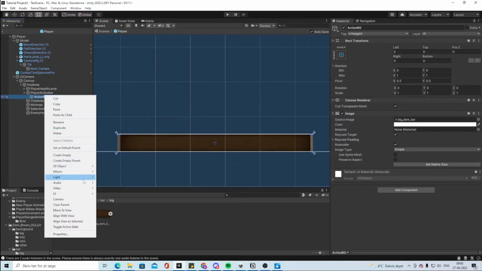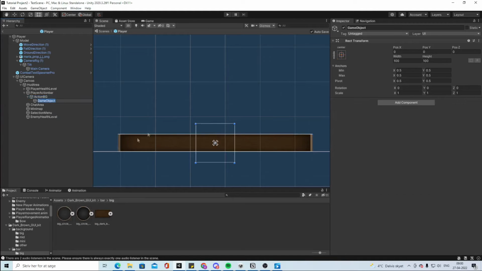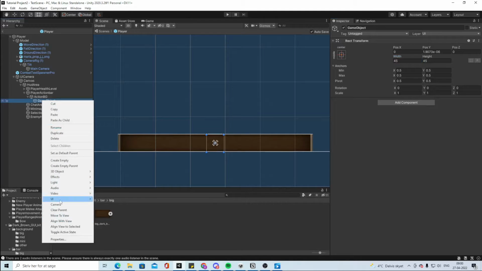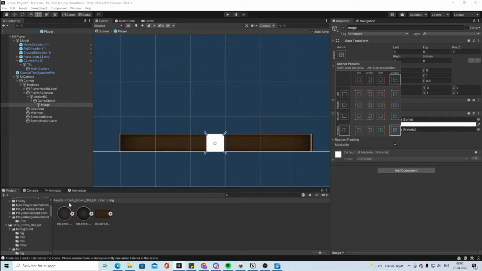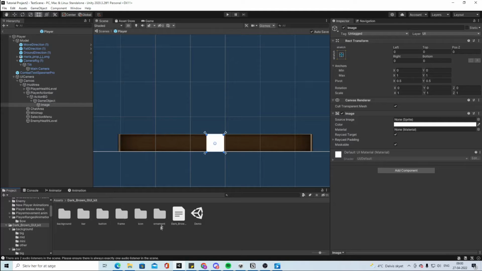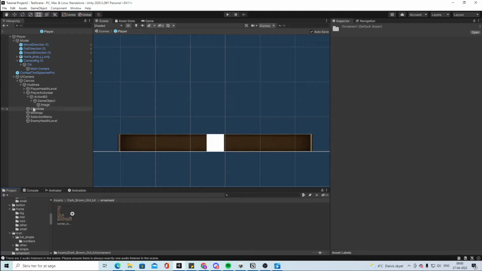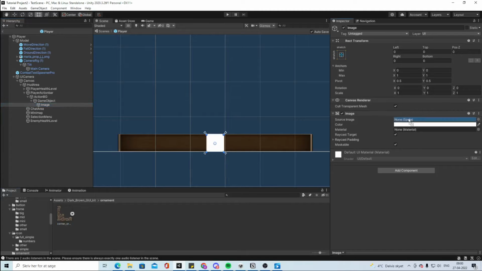And then you maybe want to have these, it will be 45 times 45, and you will add an image, and you will stretch it out. I can see that in this kit they have some ornaments, so you can make the ornaments like that,